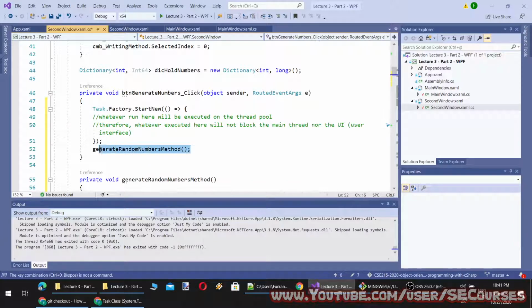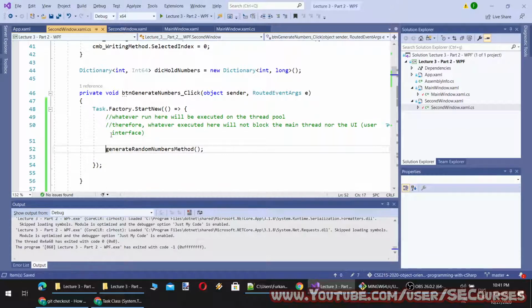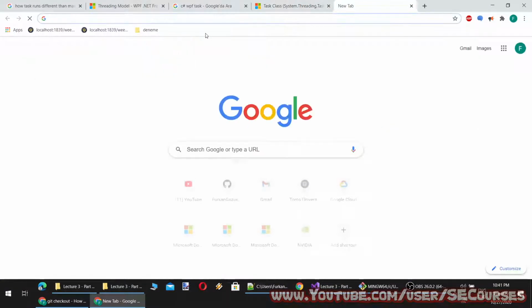Okay, so I'm going to put this method inside here. So it will be running in a different thread. We can also check this by, let's say,